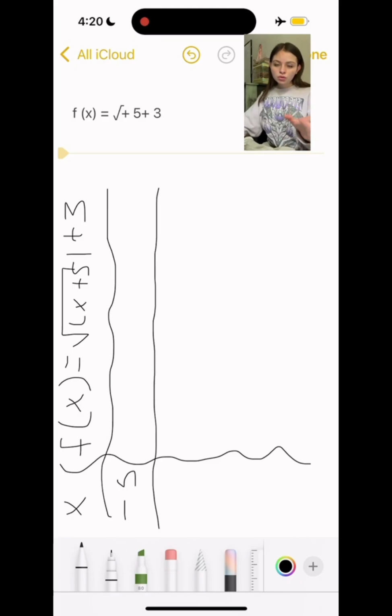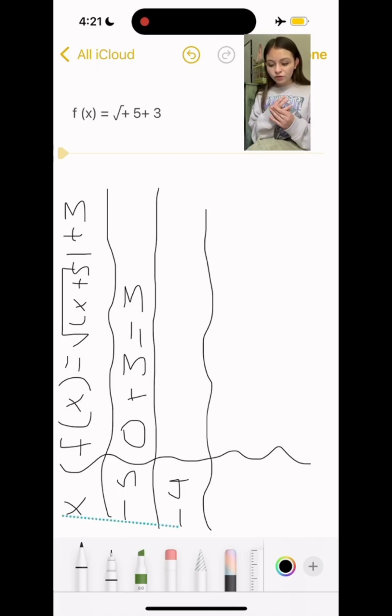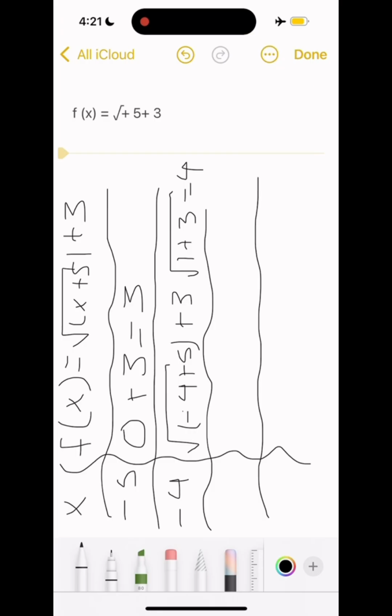Step 3, we are going to make the table of values. To graph the function, we make a table of values. When x is negative 5, f of x is equal to 3. When x is equal to negative 4, f of x is equal to 4. When x is equal to negative 1, f of x is equal to 5. When x equals 0, f of x is equal to the square root of 5 plus 3, which is approximately 5.24. And when x is equal to 4, f of